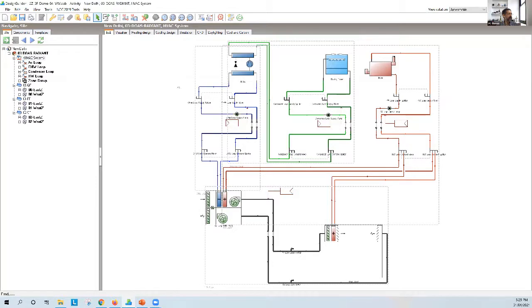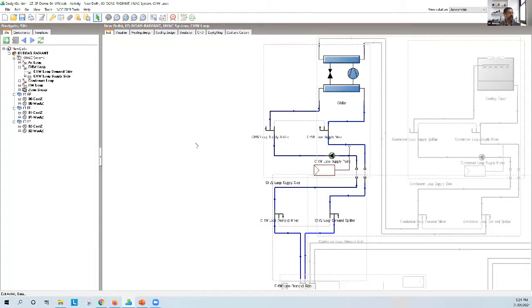Before I do that, a few things to warn you about when you accept defaults. Unfortunately, the guys who write the software programs are not mechanical engineers or architects for that matter. They're programmers, and some of the defaults that they put in are not always relevant. So I'm going to look at each loop. If I go into the chilled water loop and look at the loop, you can see a chiller, pump, set point manager. If I edit the chilled water loop,